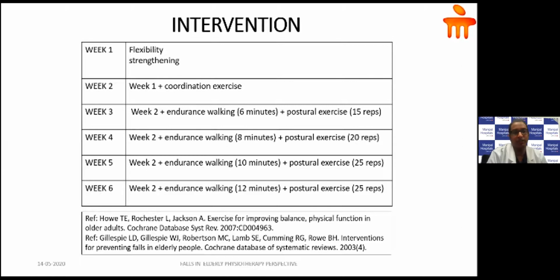And in the progression of weeks, we can start with the basic balance exercise apart from the flexibility and strengthening exercise. Especially the strengthening exercise in the sense of lower extremity: quadriceps, gastrocnemius, and hip flexors, extensors and adductors. In case of flexibility, again, you start stretching the hamstrings and the adductors. And coordination exercise, in week 2, you prescribe balance exercise based on the assessment,